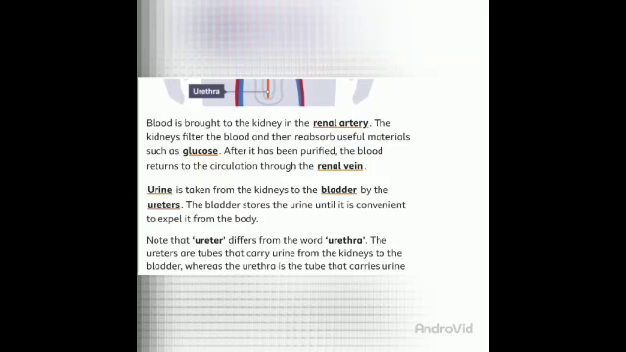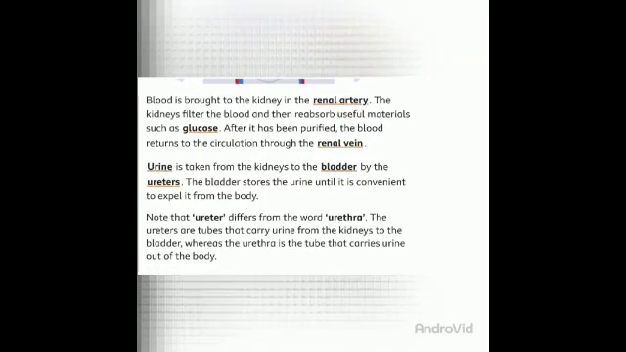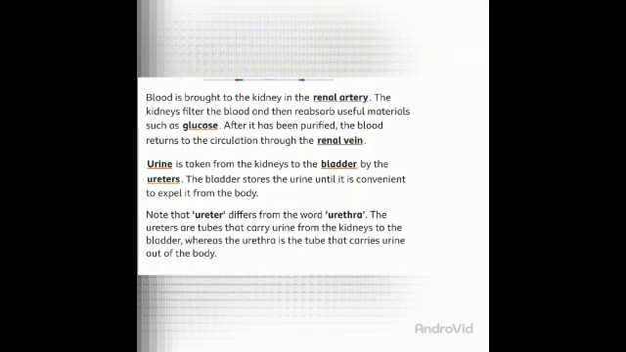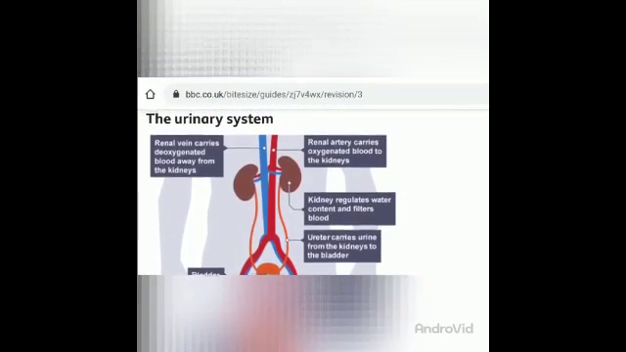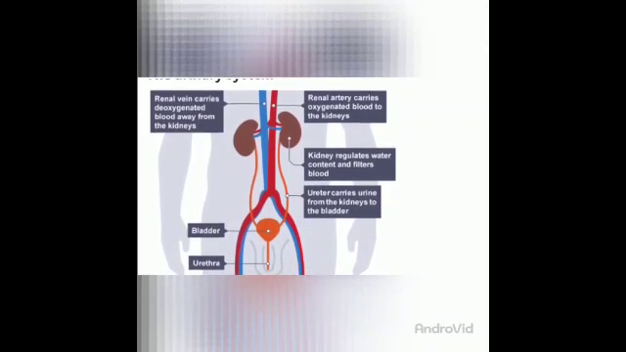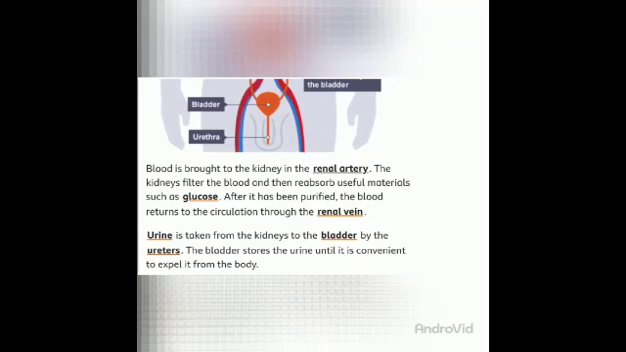Now blood is brought to the kidney in the renal artery. The kidneys filter the blood and then absorb useful materials such as glucose. After it has been purified, the blood returns to the circulation through the renal vein. So I have already shown you this is the renal artery and this is the renal vein. Here you can see the blue color lining is showing the renal vein and the red one is the renal artery. So remember in your mind,